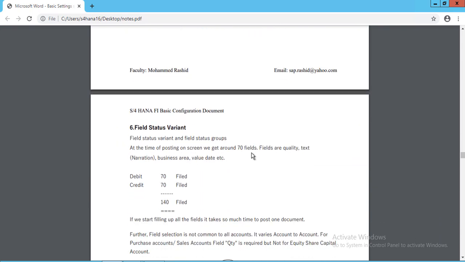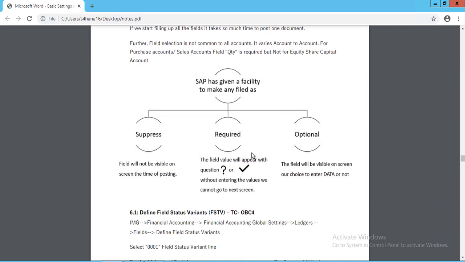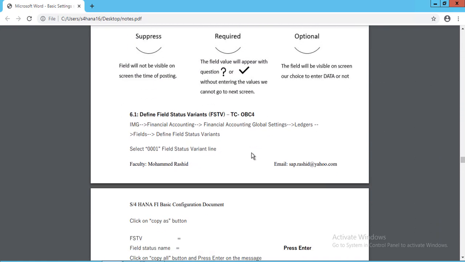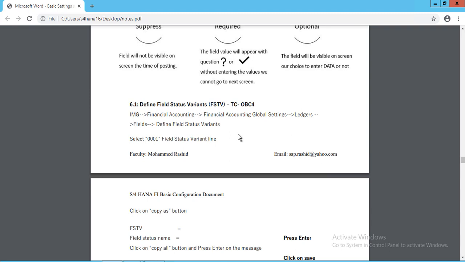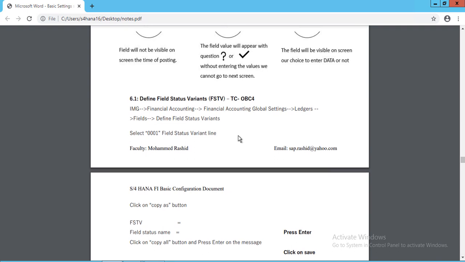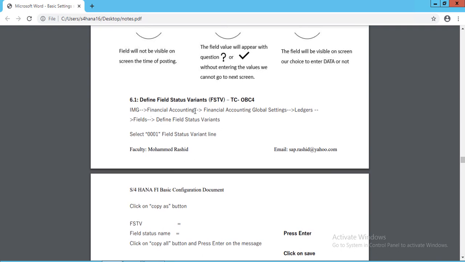Coming to field status variant, define field status variant. There is no change from ECC to S4 HANA for this configuration. Financial accounting, global setting, under ledgers you will find fields.